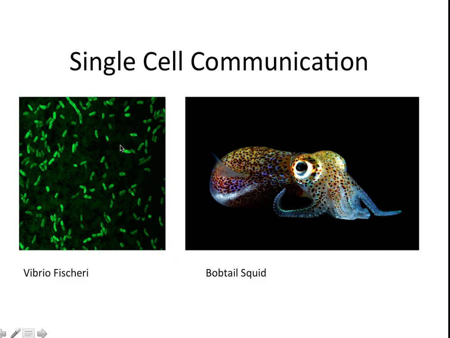So what happens is these bacteria, the Vibrio fischeri, they are bioluminescent. And that basically just means they can glow in the dark. Bobtail squid are also bioluminescent, but they're only bioluminescent because Vibrio fischeri live inside the bobtail squid. So the bobtail squid provides the bacteria with some carbohydrates to eat, and in return, the bacteria glow in the dark and actually provide camouflage for the squid at night, because as fish look up at the squid, it just looks like stars glowing in the night sky and it can blend in.